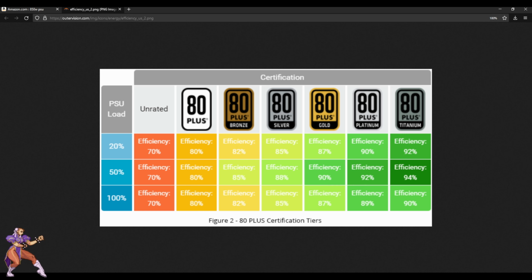Now, like I said, really, 80 plus bronze should be your minimum. I don't know why the white one exists. I think it's kind of dumb, but also the platinum and the titanium,